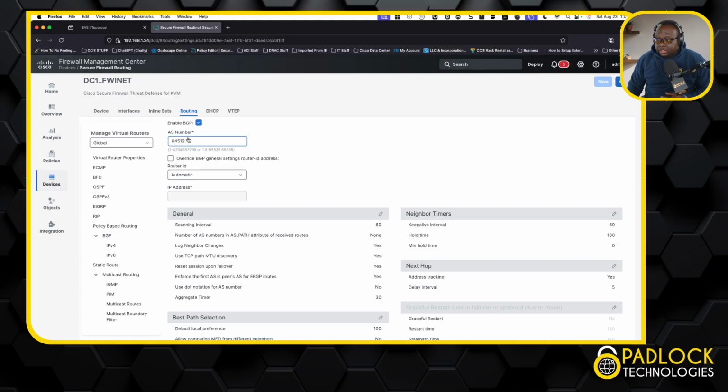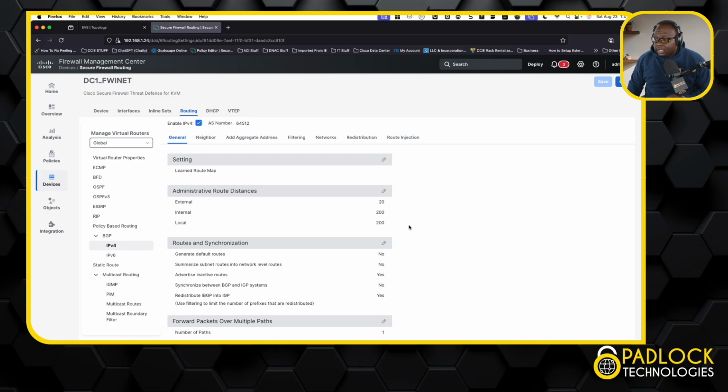But I had to go in here, assign it the ASN that I said I was going to assign in the SD-WAN fabric. Then I had to go to IPv4, and here's the answer to the question if you didn't answer it in the comments below. When you have BGP and you're redistributing those routes from IBGP into IGP, you have to use BGP redistribute internal. If you don't use that command, it will not redistribute internal BGP routes into